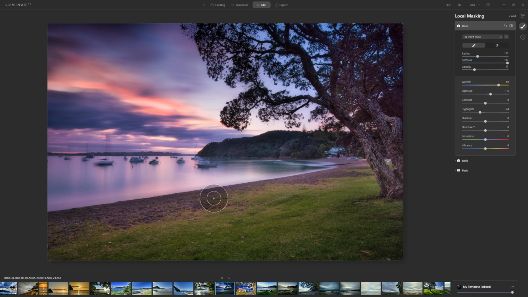We could even try painting some of it in along here as if it's reflecting in the water, and just brightening that up as well. I really feel like I've gone too far with this edit at the moment. If we look at our before and our after, things are just looking a little surreal at the moment, but